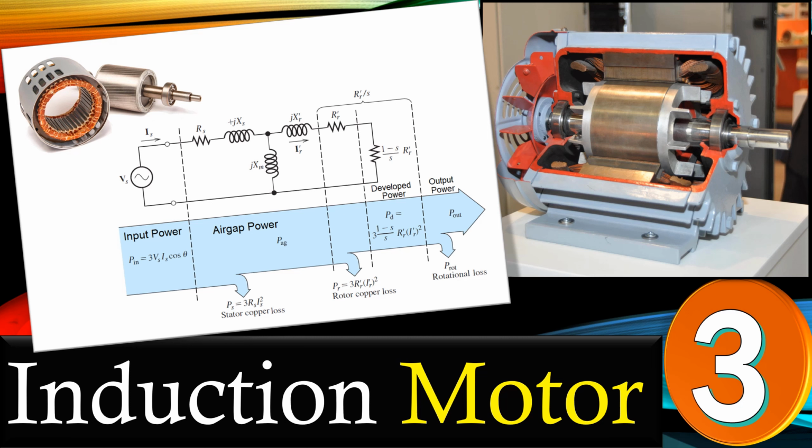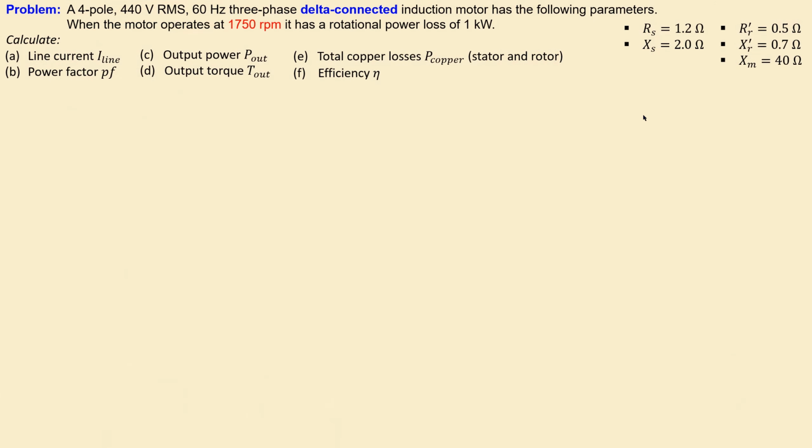This is example number 3. In the example we will discuss another problem. So let's look at our problem. We have a 4-pole, 440 volts RMS, 60 Hz, 3-phase, but this time a delta connected induction motor which has